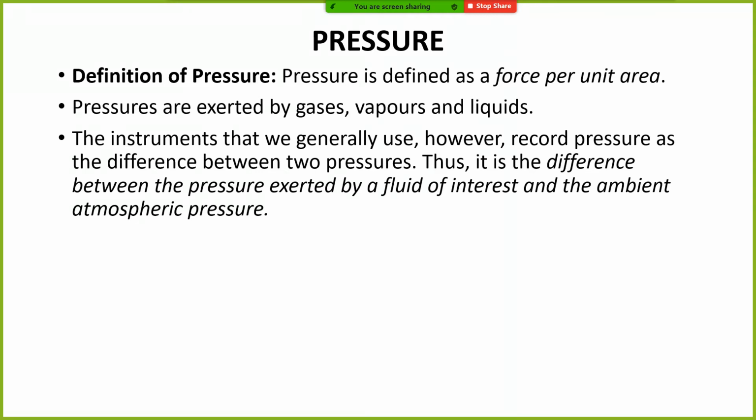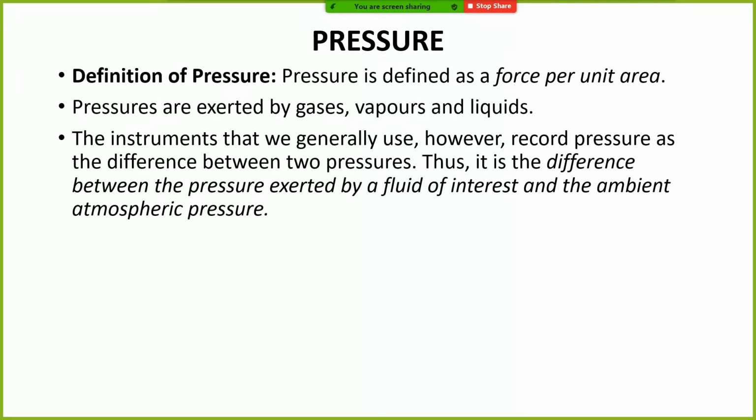It doesn't mean that the atmosphere doesn't exert any pressure. The atmosphere has its own pressure. The atmospheric air exerts some pressure on our body. We don't feel it because we are habituated to it. Actually, atmospheric pressure is 1 atmosphere, which is also 1.01325 bar. This is the value of atmospheric pressure, but at atmospheric pressure, the pressure gauge shows 0.